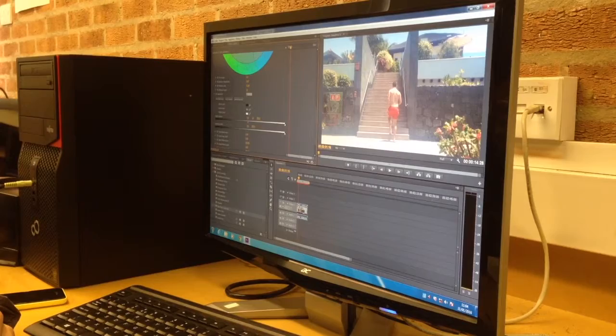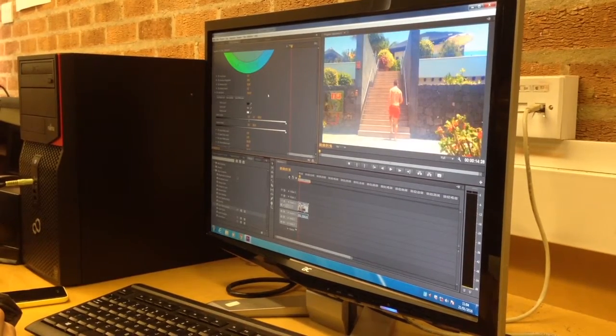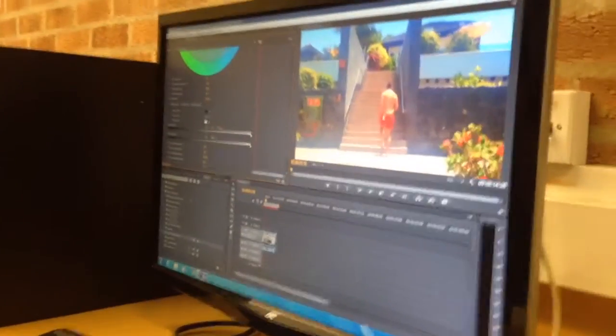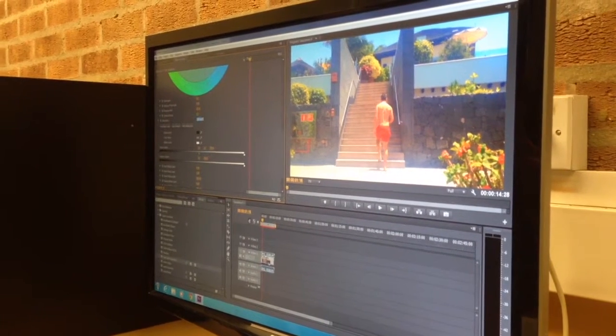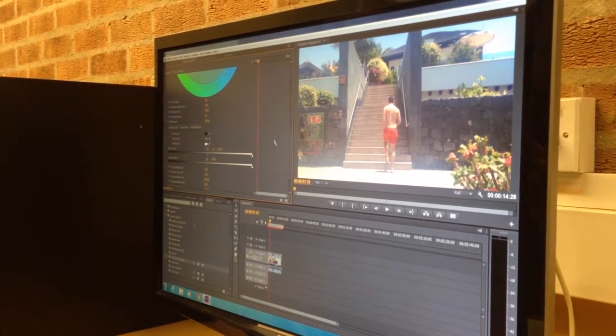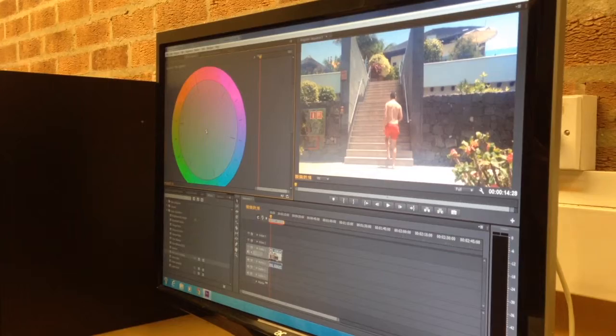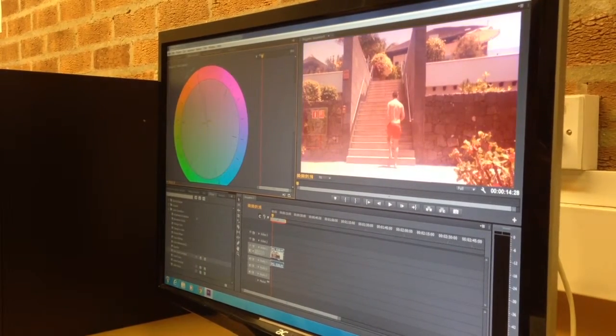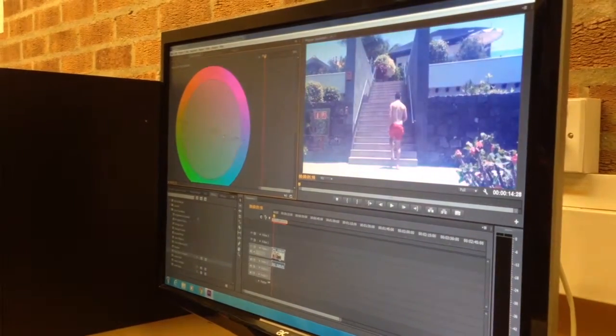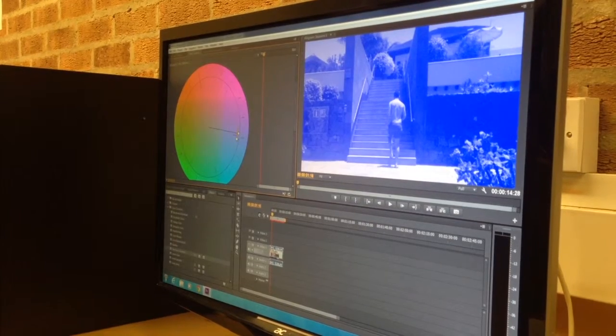If you wanted to double the saturation, make it more colourful, you can type in 200, and we can see over here that it's double the colour. And then if you wanted to add a specific colour, I'll just change that back to normal. If you wanted to add a specific colour, you can play about with this wheel. Drag it to pink, it'll go to pink, orange, green, blue, and then your little yellow lines show how strong it is,